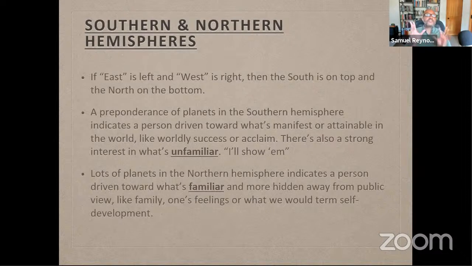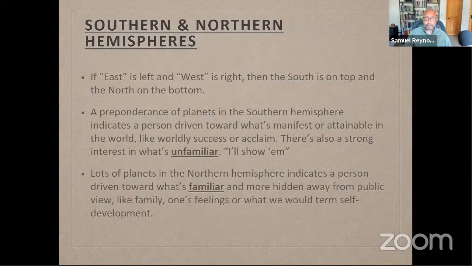And it doesn't necessarily mean that you're an introvert. You have to be careful when you get into these psychological classifications and typologies where you say, oh, well, if you're more of an extrovert, if you're more Western and in the Southern Hemisphere, that may not always be true. It may be more so you're interested in things that are like in that example, Southern West or Southwest emphasis in your chart, that you're interested in the unfamiliar, but it doesn't mean that you're always drawn just to be quote unquote an extrovert. It just means that some measure of your interest or life circumstances may revolve more around what's out there in the world.